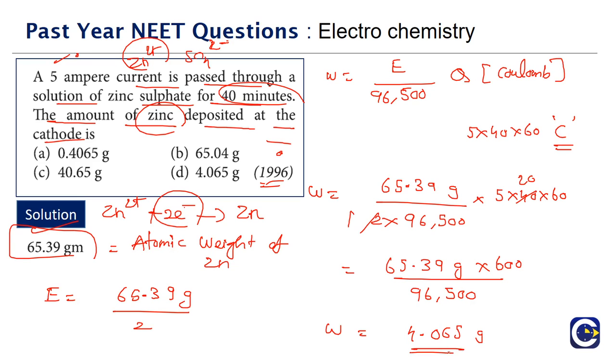In this question, the only thing that we have to be careful about is how we get the equivalent weight. In most examinations, whenever this kind of question is given, they will also give us the atomic weight of zinc. Only in this case, they missed it out. When they give the atomic weight of zinc, we can easily use that value. Other than that, it's a straight formula based question. So the correct answer for this is option C.